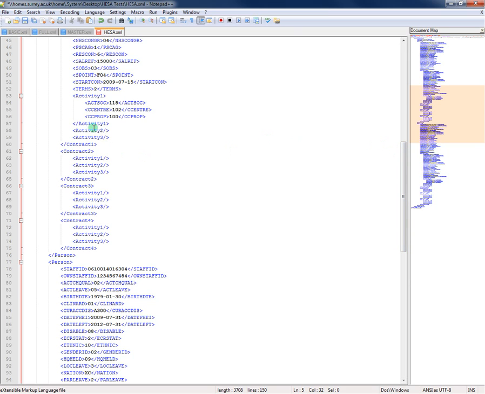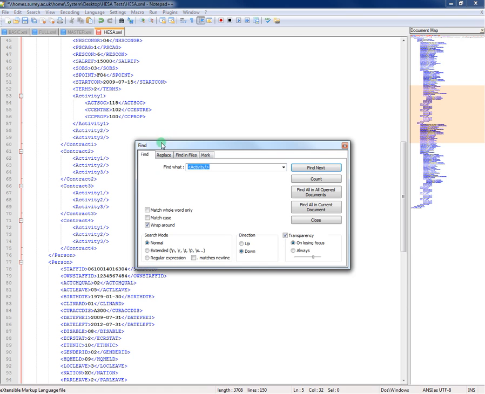So you'll see here that because this has only got one activity, activity 2 and activity 3 are in fact blank. So the quickest way we found to get rid of this is by using the find function, Control F,